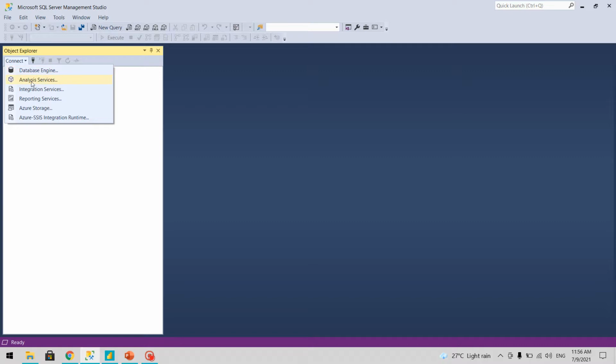In case you have analysis services, you can connect to analysis services server also. You can also connect to integration service, which is again an ETL tool. And then you have other connectivity tools like Azure Storage, Azure SSIS runtimes, and reporting services. Today we'll use the Management Studio to connect to database engine.